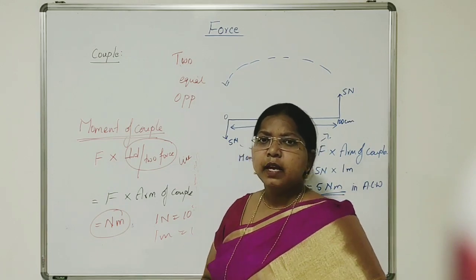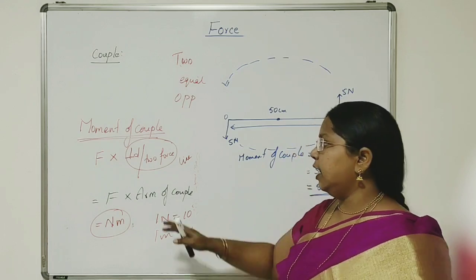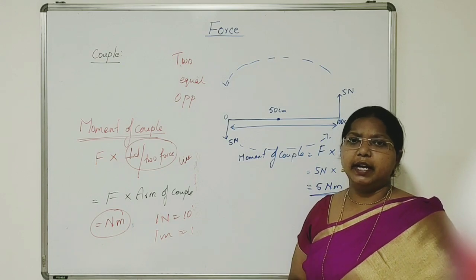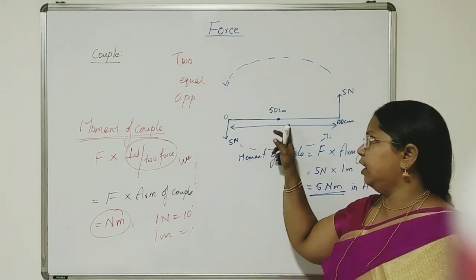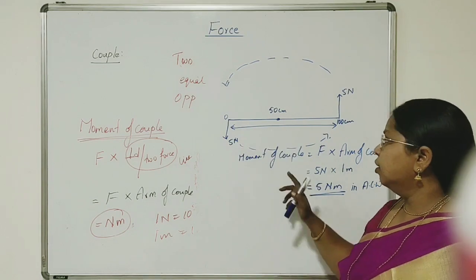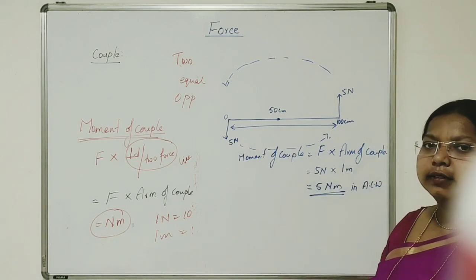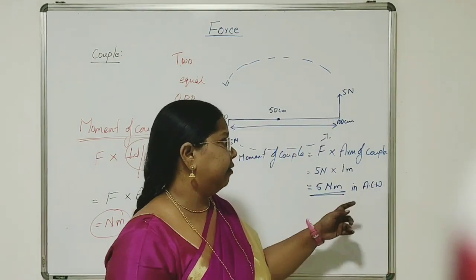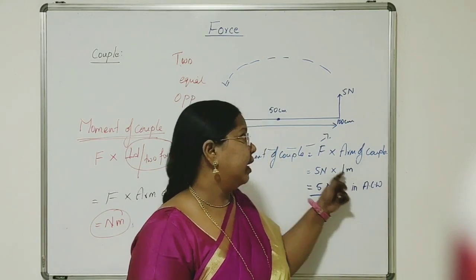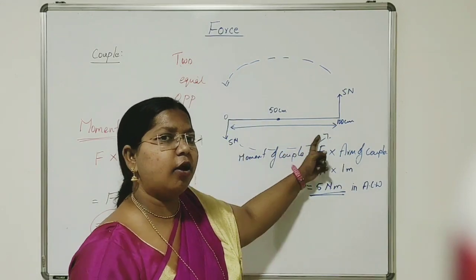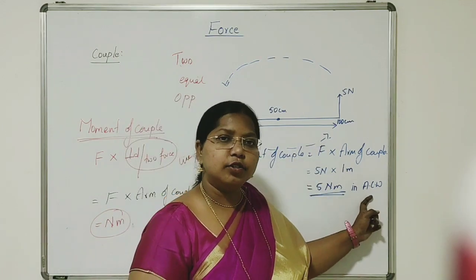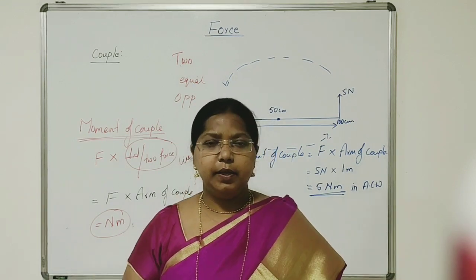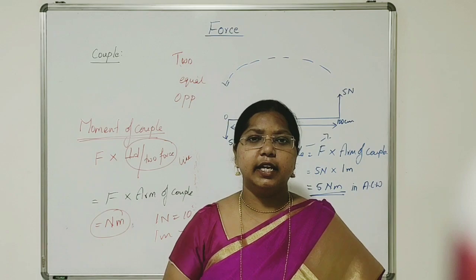As we have seen earlier, there will be a model of asking numerical regarding this formula. So they will give you the information of the two forces and the perpendicular distance, maybe directly or indirectly. So force into arm of couple, you will get the resultant moment of couple. And finally we can find the resultant moment of couple, whether it is in clockwise or anti-clockwise, by seeing the direction of forces. Two equal and opposite forces. Here they are constituting moment of couple in anti-clockwise direction. So this is what we have covered about couple, moment of couple, arm of couple and related numericals.